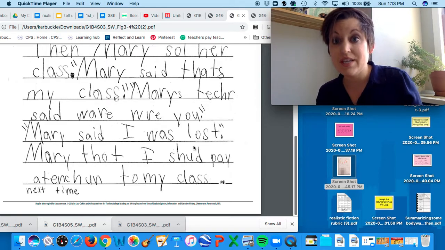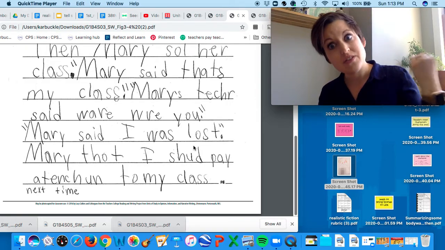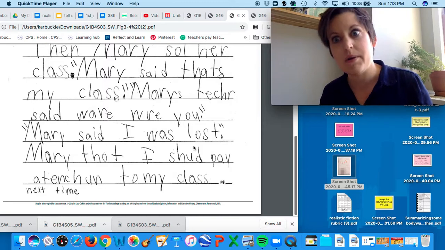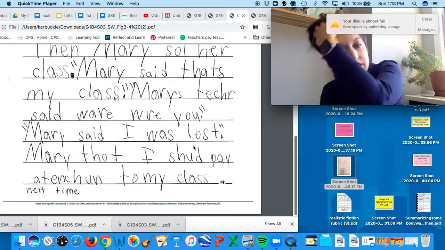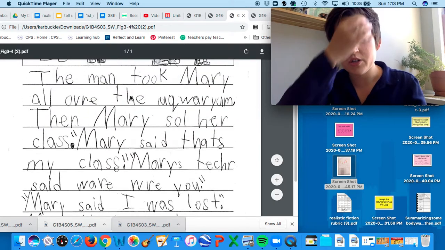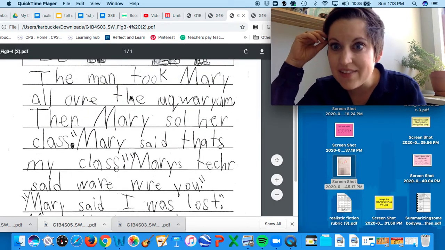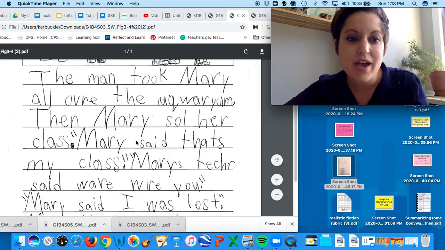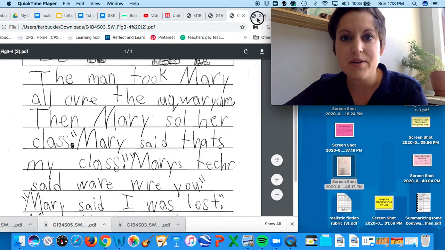And so you can see that she ended with a lesson. The lesson was, I should pay attention in my class more often. And that is what we are left with. And you can see that this writer really worked hard to try to even use dialogue on that last page to bring the story to life. I love that. And our next one is,